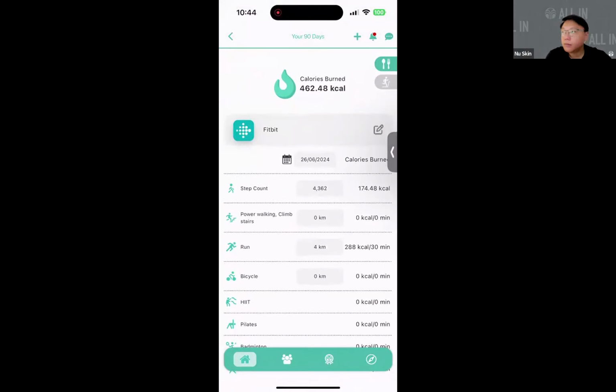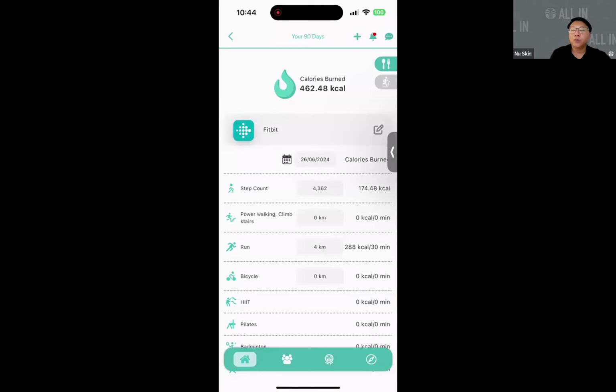Okay, so this is a very straightforward page. Not much configuration that you need. All you need to do is sync to the right application, all right? And it auto calculates the number of calories that is burned. So some of you will see, hey, how come my Fitbit or Garmin has a different calculation in terms of calories compared to my application, right?